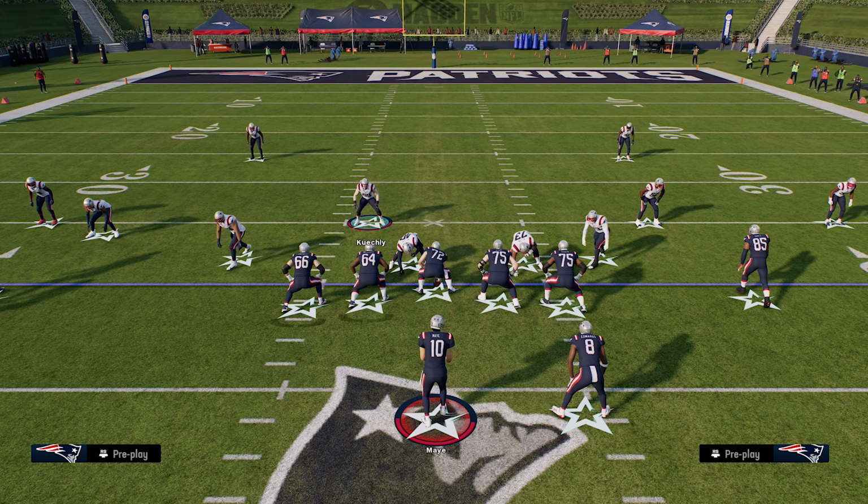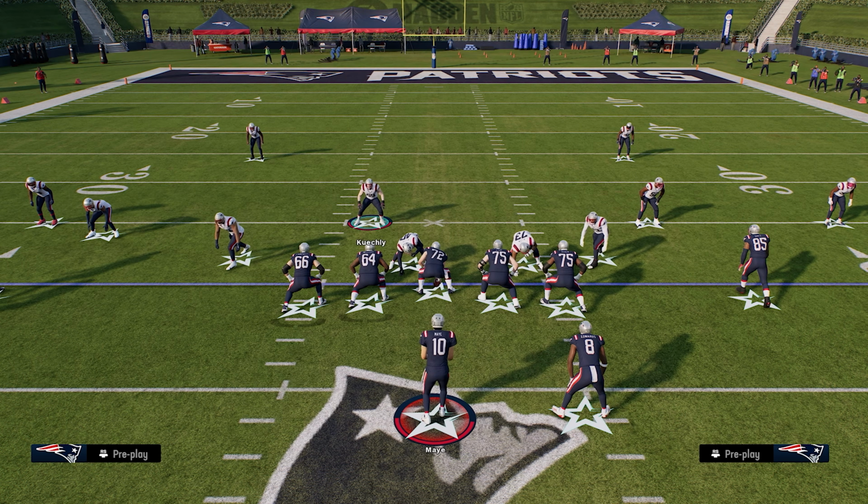So if you are just running out there like a chicken with your head cut off and you don't know exactly where the routes are going, and again, you don't have to be perfect every time, right? But you have to have an idea of what they're doing based off of the other routes on the field. So if they have a streak and a flat to the right side, you're going to expect there's going to be a corner or something out breaking deep to the right side as well. Just simple things like that are going to really take your ability to user to another level, because now you